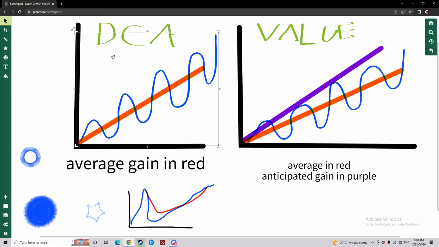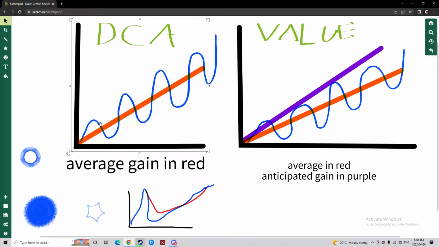Today we're talking about types of investing. Using my favorite sketch.io, I have drawn out the simple man's version, and I am a simple man, I'm an average person. I needed this explained to me the best way I could, and this is the best way that I could draw it as somebody who doesn't exactly know finance, but can explain it to somebody else because I've had it explained to me as simple as it could be.